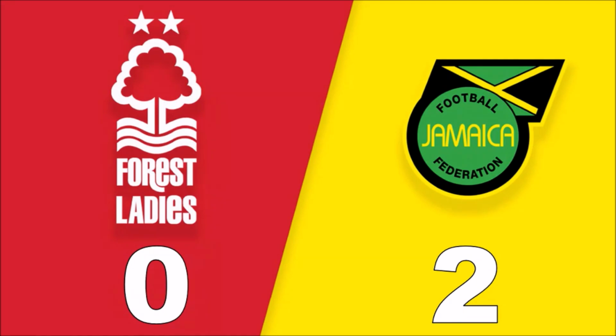Campbell inside to Adams-Lecken, plays it over to Silver on that far hand side. Wilson clears that one away. That's for Munn to chase for Forest Ladies, but she's beaten to the ball by Julianne. It's played now to Chang. Chang over to Silver on that left hand side. Cross comes in, Foster at the back post. Cross doesn't stay in play, and it's a goal kick for Forest Ladies, which